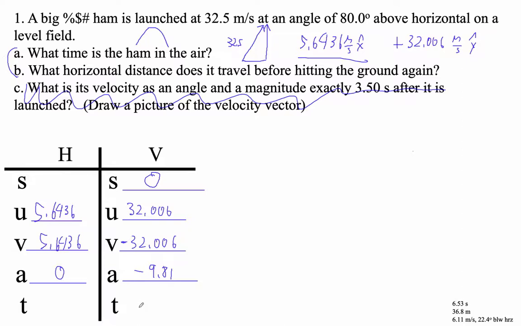Okay, so how do you find time? My favorite way to find time is to use v equals u plus at. You can use ut plus 1/2 at squared, but it's a lot harder. This is much easier. Minus 32.006 is positive 32.006. So this is our initial velocity, right? Final velocity, plus negative 9.81 times t. Now, if you're paying attention, you just take that last component you calculated and go times 2 divided by 9.81. That'll give us our hang time,